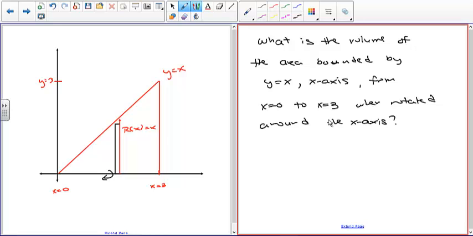So what it's saying is we're going to take the area bounded by this curve,